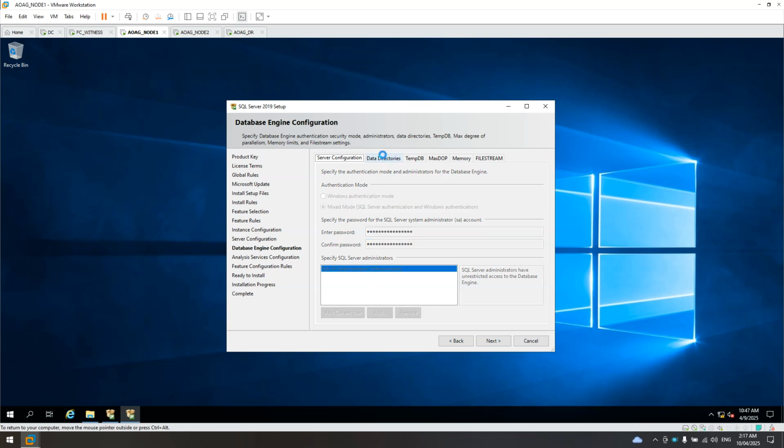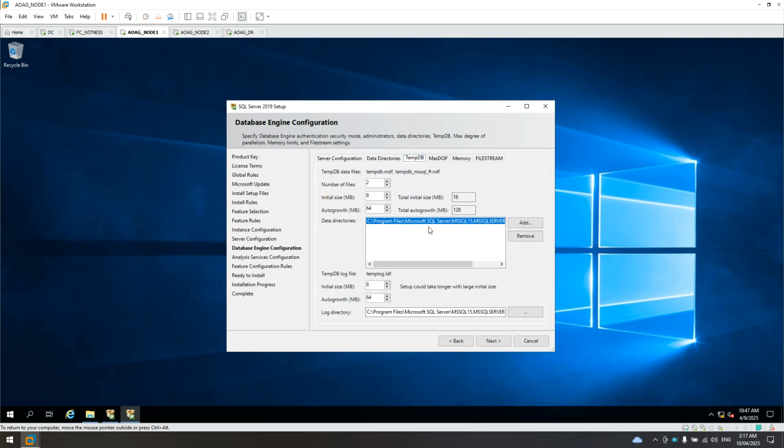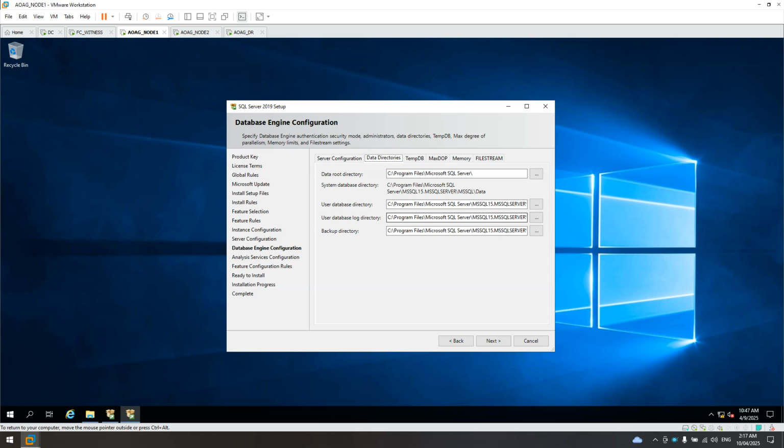If you want to change the directory for the database and logs, you can change it from here. For the sake of this example, I don't want to change that one, but you can change it in the actual production environment.